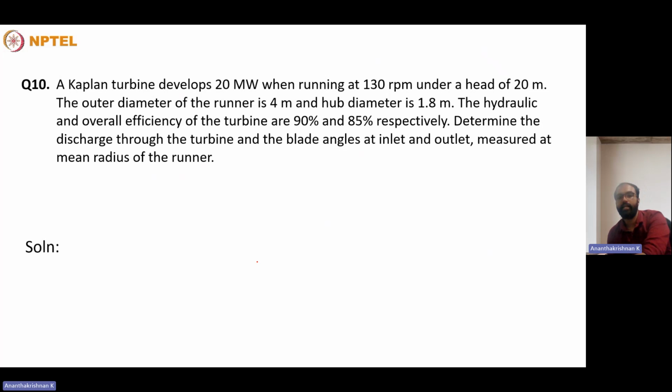So the next question is regarding a Kaplan turbine. A Kaplan turbine develops 20 megawatt when running at 130 RPM under a head of 20 meters. The outer diameter of the runner is 4 meters and the hub diameter is 1.8 meters. The hydraulic and overall efficiency of the turbine are 90% and 85% respectively. Determine the discharge through the turbine and the blade angles at the inlet and outlet measured at mean radius of the runner. In this particular problem,